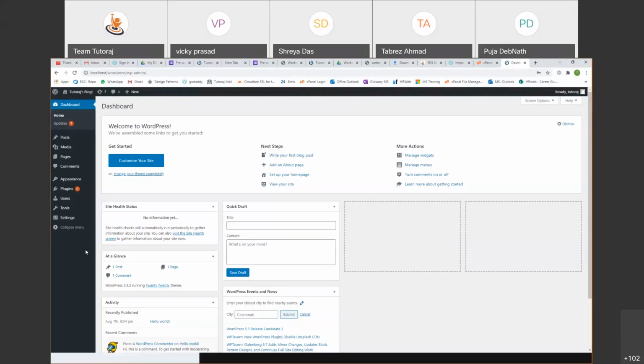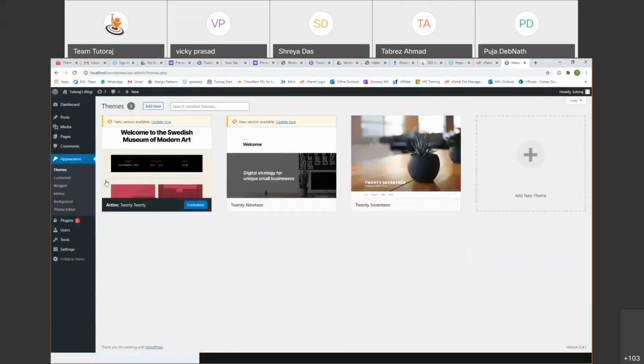I hope that most of you would have reached this page. Now click on appearance in the top left. In the dashboard section on the left, you will have appearance. Just hover your mouse over it. It will show on the right side a few options like this. Now amongst these options, click the first one called themes. Click on it. You will get a page like this.